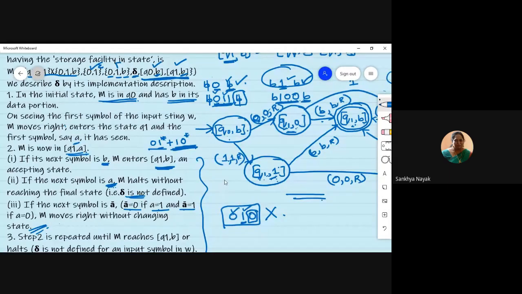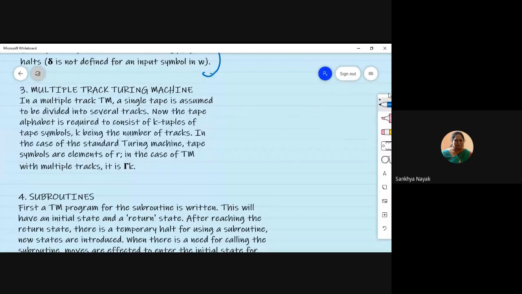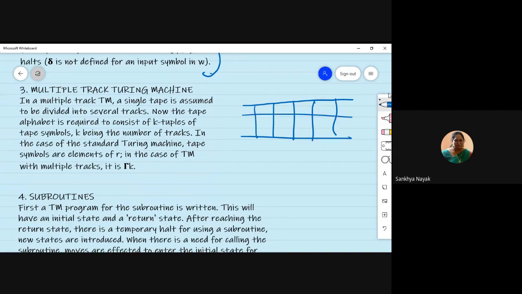Okay. So far we have seen two methods. The third method is the multiple track Turing machine. So instead of having just one track, where you had cells like this in the Turing machine so far, you will have in the same tape multiple tracks. This is track 1, this is track 2, and similarly this is track K. So what is the difference of this and where it is used? Where it is used, we'll see today in the 11:15 class, where we'll see variants of Turing machines.